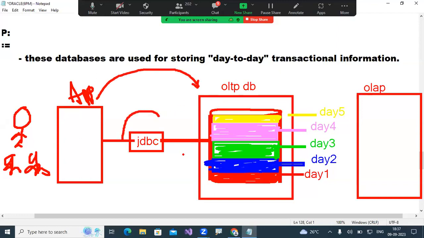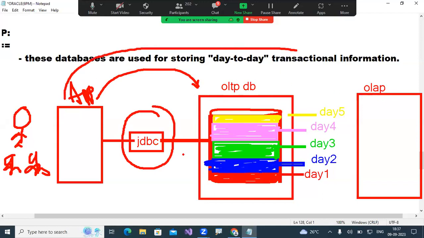We have some connectivity middleware technologies like JDBC, which we use to connect. But sir, an OLAP database is there, and in that also I'm storing my data. Observe carefully: your Java, .NET and Python applications can't directly connect to OLAP.